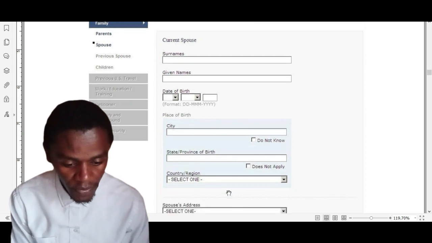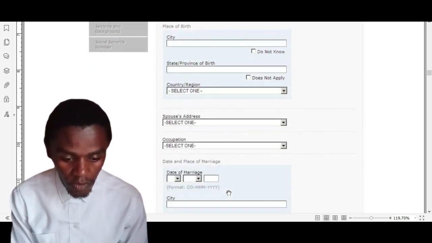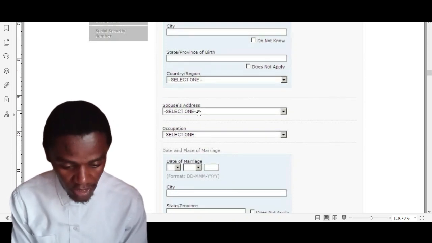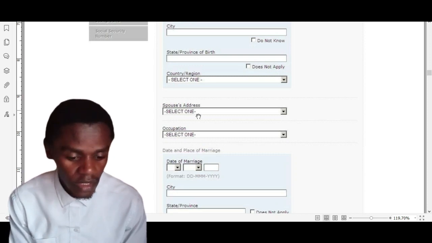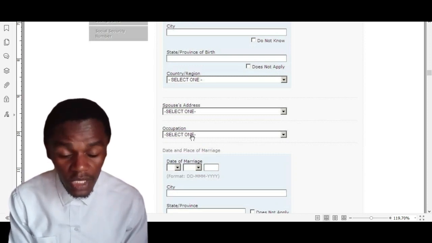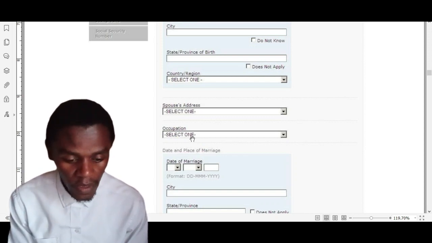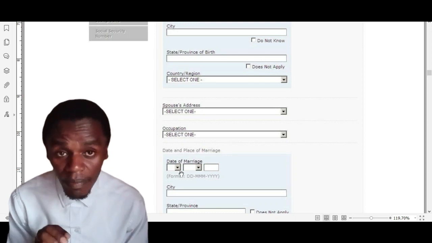That's simple. And then when you come down here, you select the spouse address where she is currently living, and you select the spouse occupation,